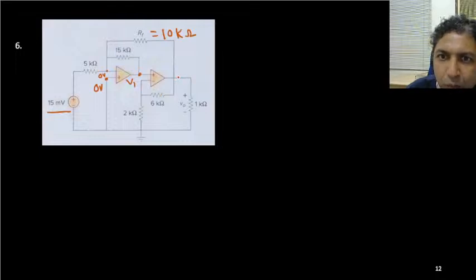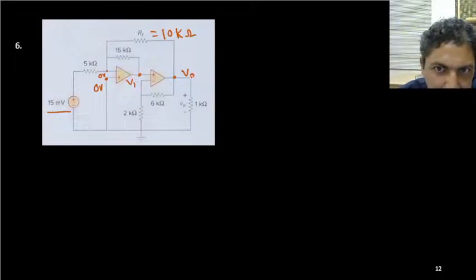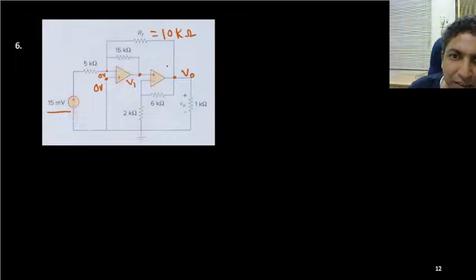And this output potential is V0. Now we need to get the expression relating V1 and V0. Now if I consider the second stage, this network,